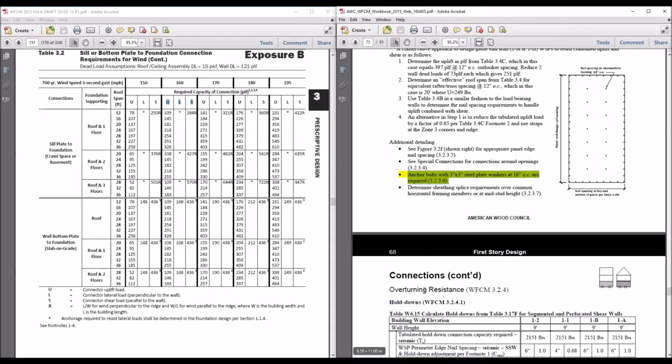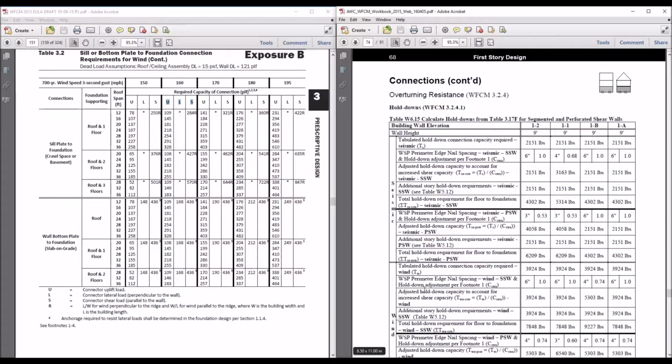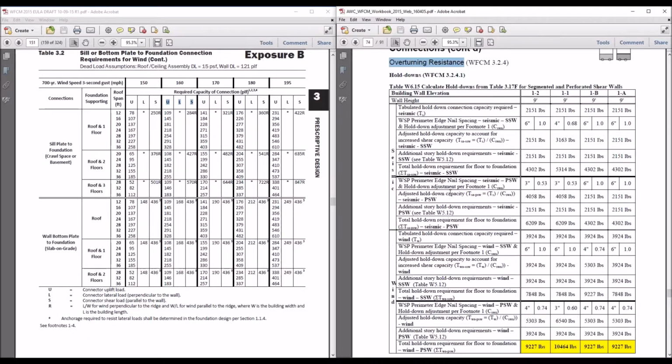All right, so let's talk about hold down design, and again, to just talk about something new, this is for overturning resistance, not uplift. So for you folks out there on the West Coast, this is for wind or for overturning resistance, as opposed to uplift that we talk about for wind design. So we're sizing our hold downs for those various walls, and to do that we look at table